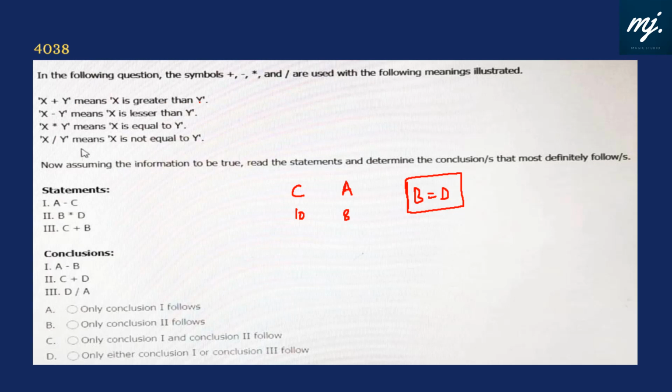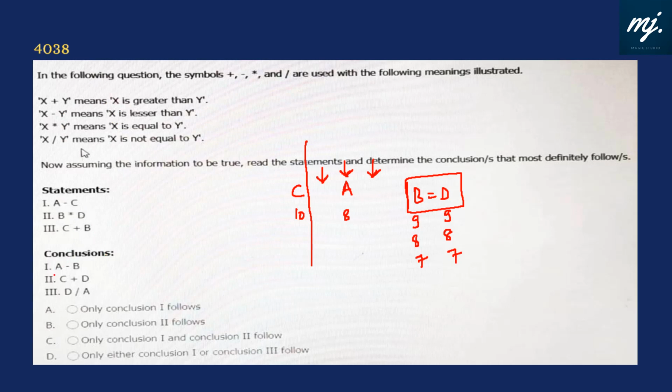C is greater than B. Then B can be anything. B can be 8 also, B can be 9 also, B can be 7 also. So it can be 9, it can be 8, it can be 7. Why am I taking the choice? Because B can be placed here, or B can be placed at this point also, or B can be placed lesser than A also, but it is sure that B is less than C because it says C plus B, C is greater than B.